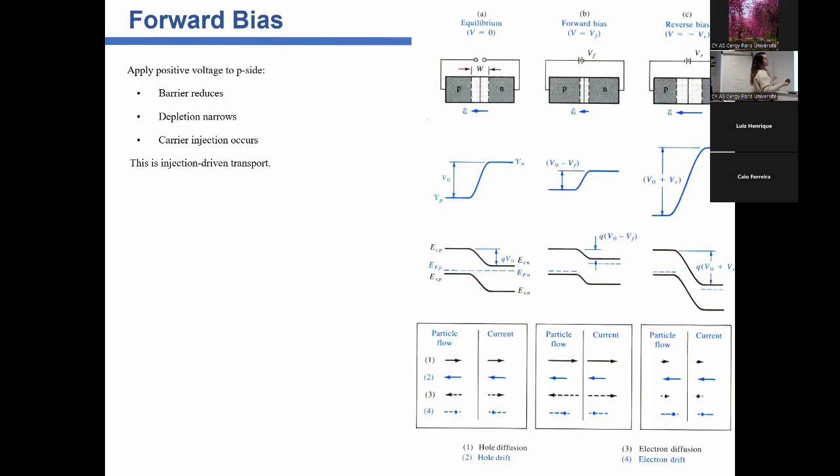And this transport we call injection-driven transport because we are modifying our material using our measurement. So we must understand that the electrons that come from our voltage also will interfere in the movement of the energy diagram. I will return to the reverse bias, just